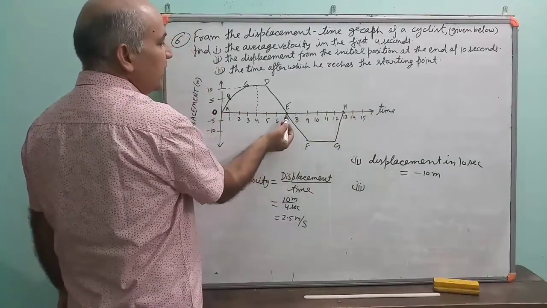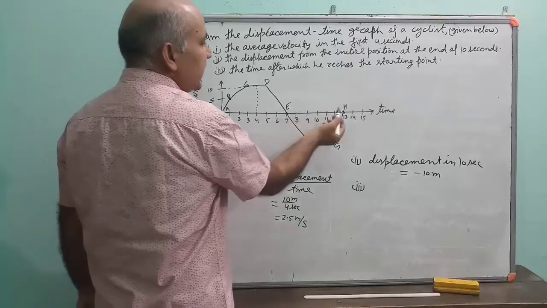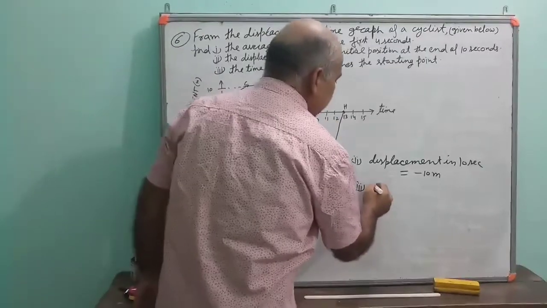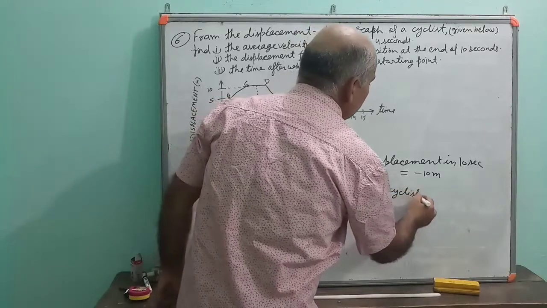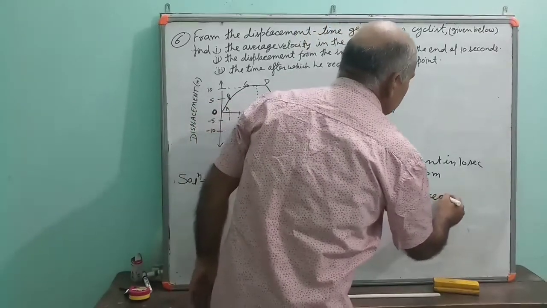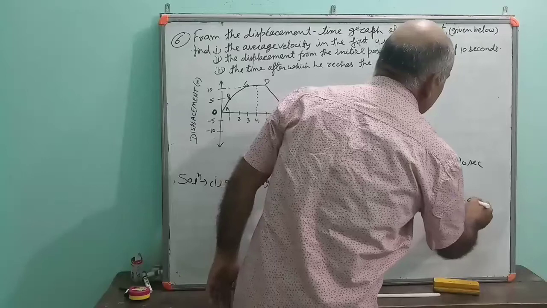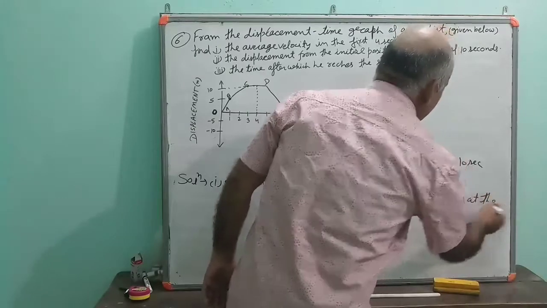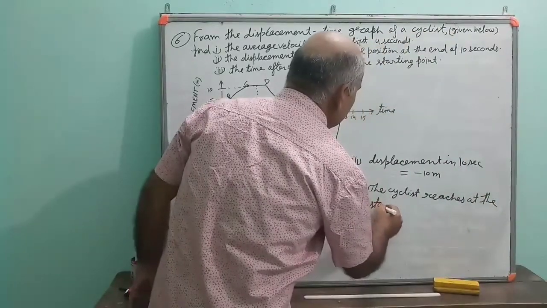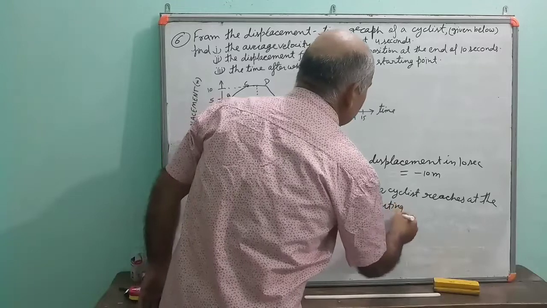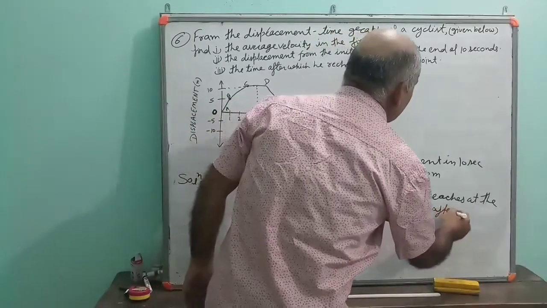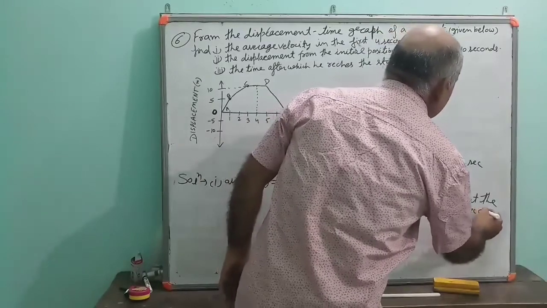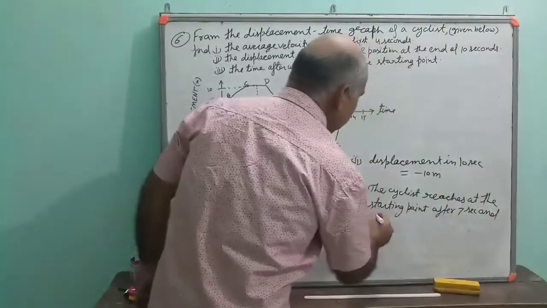So from the graph we can see that 7th second and 13th second, that means the cyclist reaches at the starting point after 7 seconds and